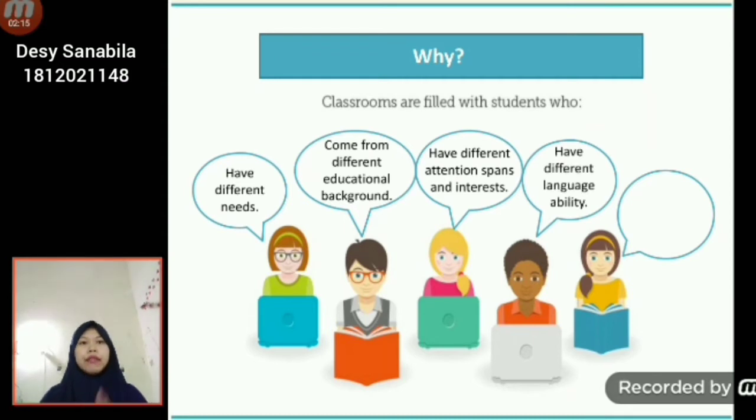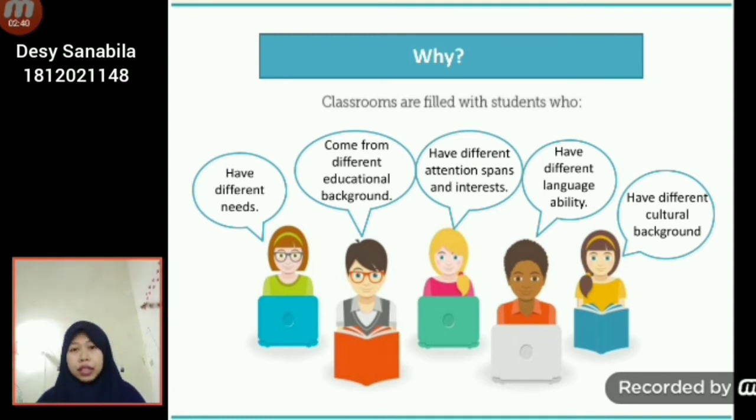Next is every student has a different language ability. Because our focus in the future is teaching English, we will find many students and we will know the ability of students to apply English in the class. There are students who can speak English and also there are students who can't speak English. And for the last is